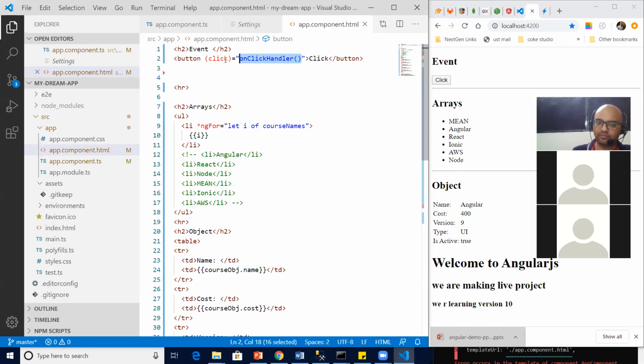Is this part clear or not? I called a click directive and passed a function to it. You might have done it so many times in different languages, right? Guys, clear? Yes or no? From all of you. I have 14 members, including me. I need to know the answer from all of you. Is this much you understood or not? So Mary is saying no. Mary, what part didn't you understand?